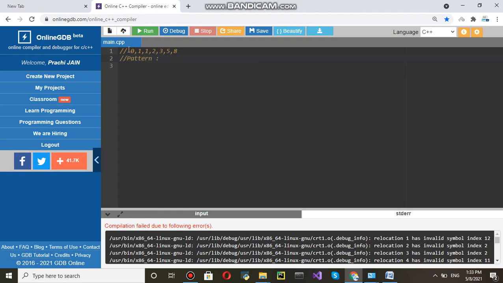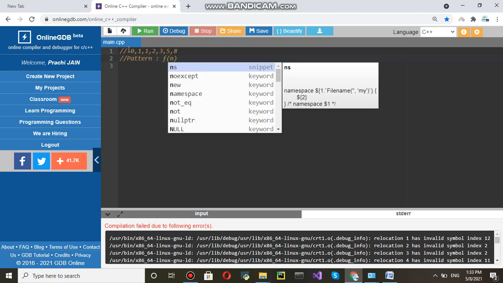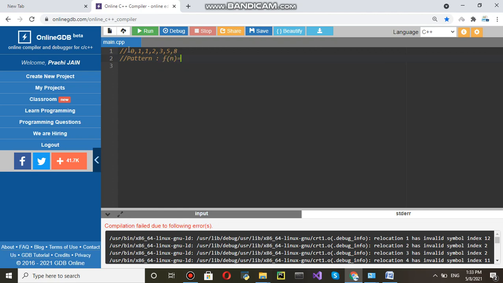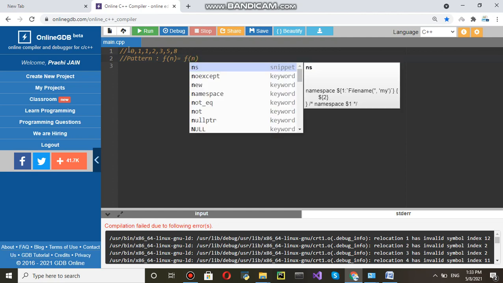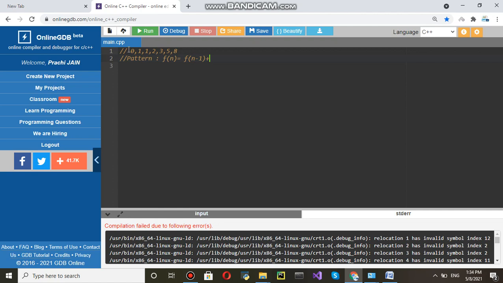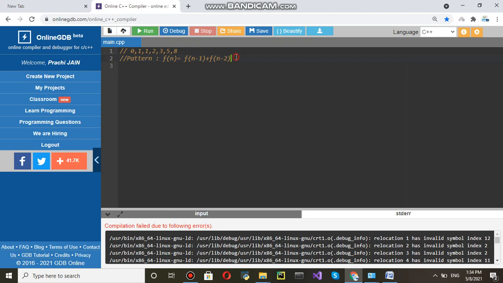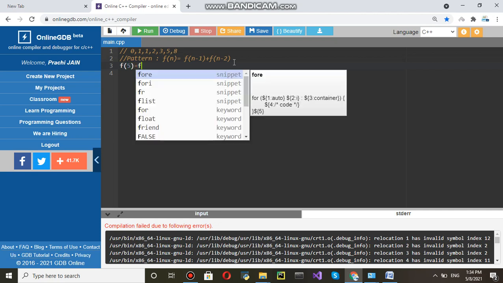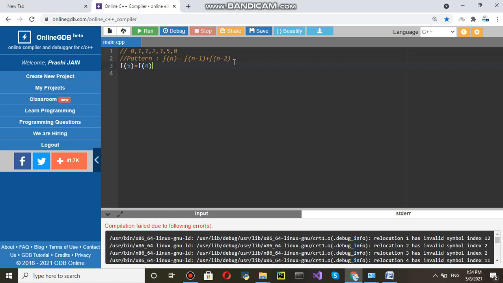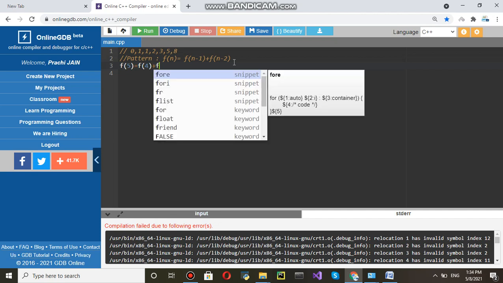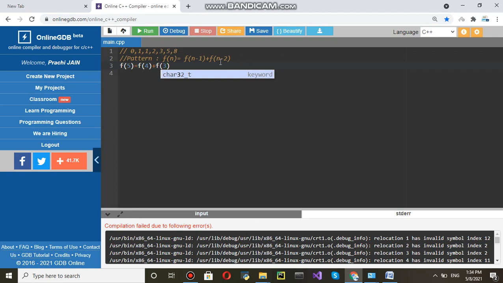The pattern is basically f of n equals f of n minus 1 plus f of n minus 2. So this is the pattern, because if you are writing 5 here, so f of 5, try to understand, f of 5 equals f of 4 plus f of 3.